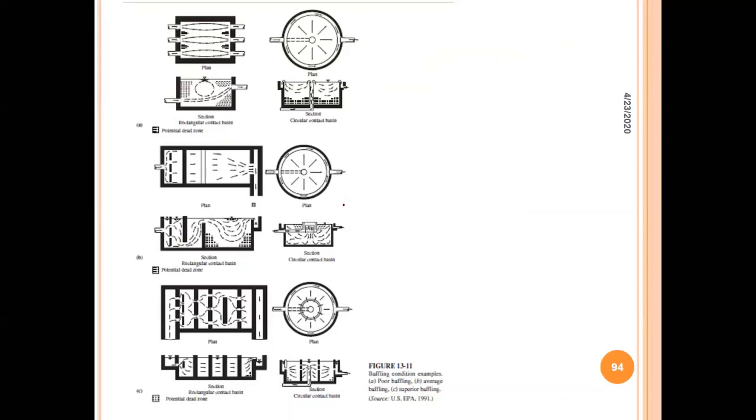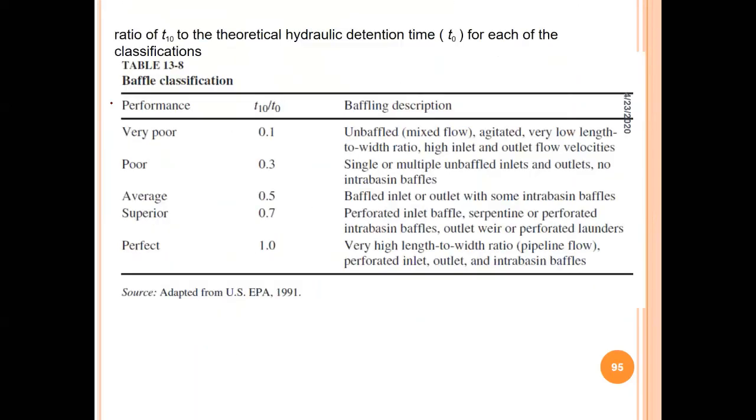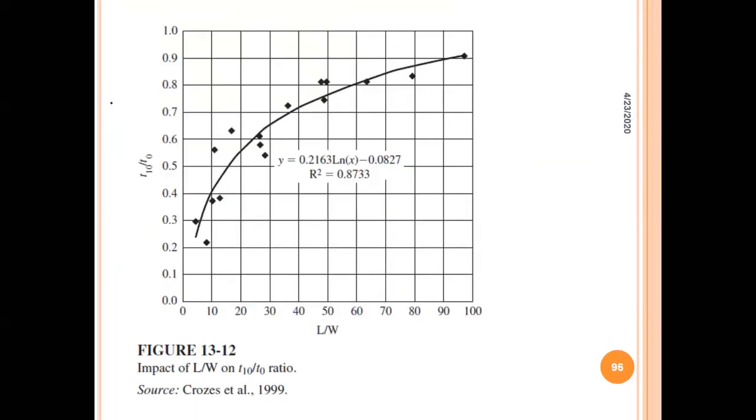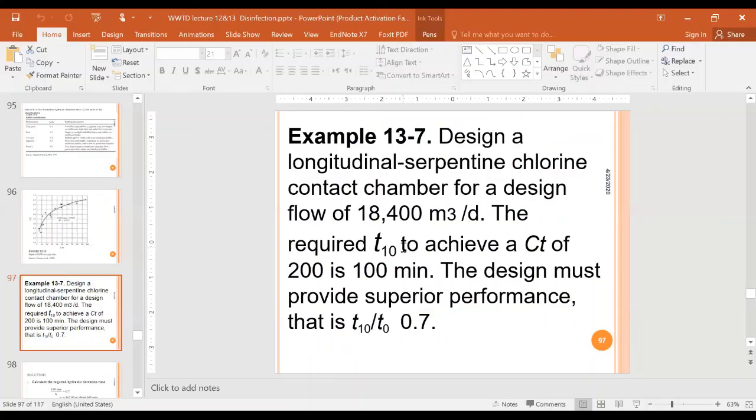Okay, I stop here with the introduction of T10 time and the ratio between T10 and residence time. We will use this T10 time for design of the reactor in our next class, and then we will complete this chapter with ozonation. So I stop here, and I stop recording, if I can record.